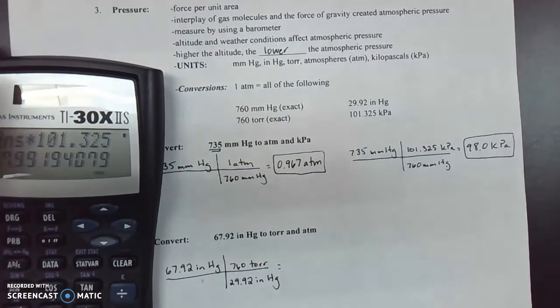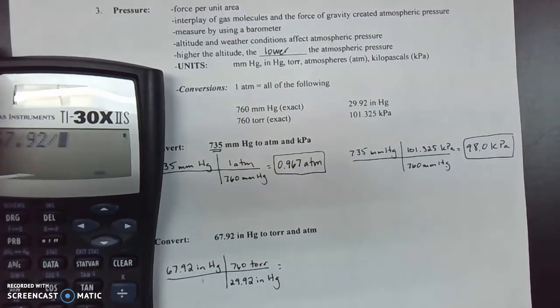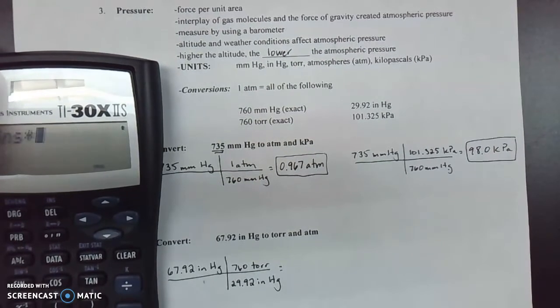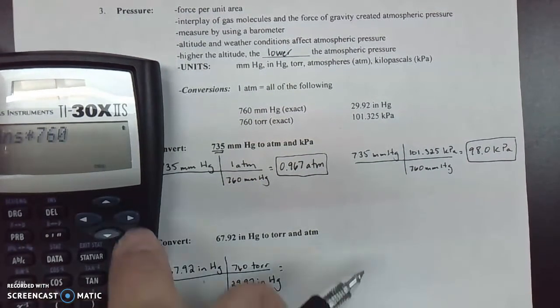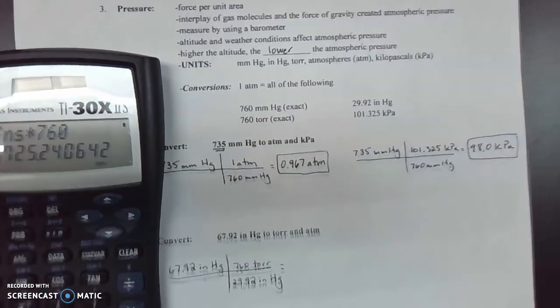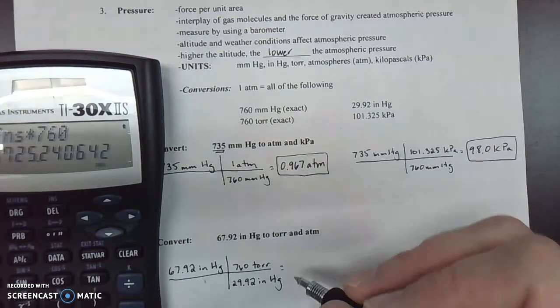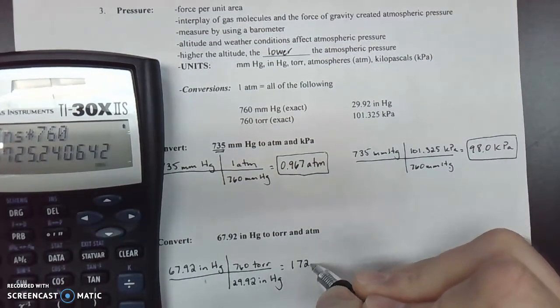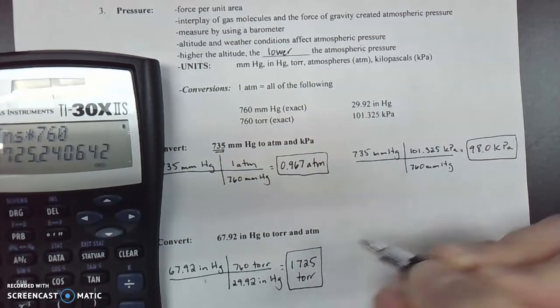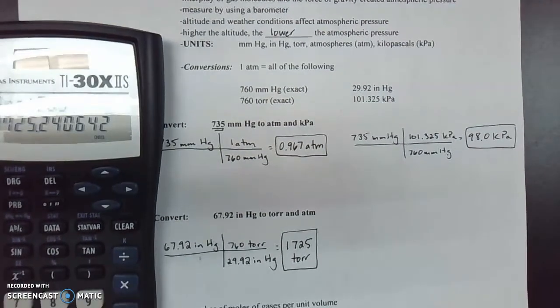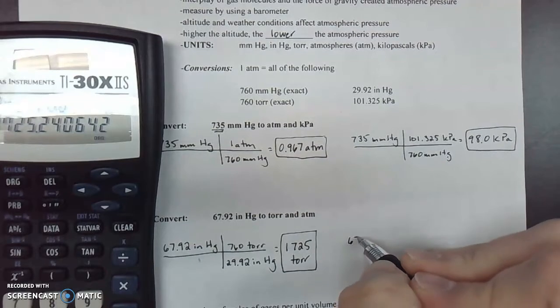In a calculator, 67.92 divided by 29.92, then multiply that by 760, and we get a rather large number, but we need four significant figures. So we end up with 1,725 torr. To change that into atmospheres,